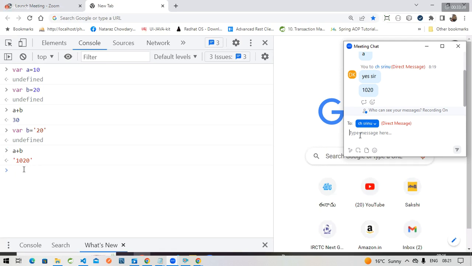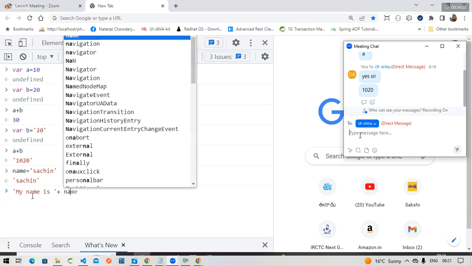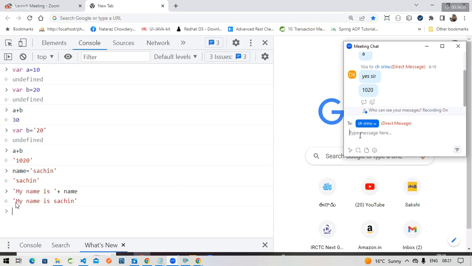Okay, now here, for example, my name equals Sachin. I want the answer to be "My name is Sachin." Like this, I want to build a string. My name is a dynamic value, it keeps on changing. So one static and one dynamic value, I want to concatenate. How can we do it? "My name is" plus